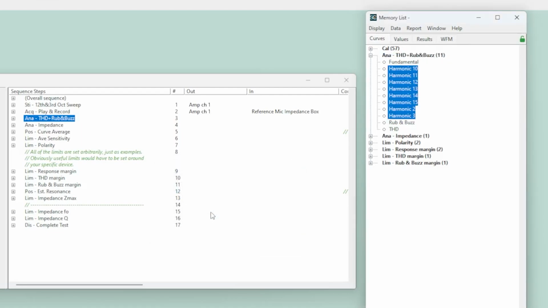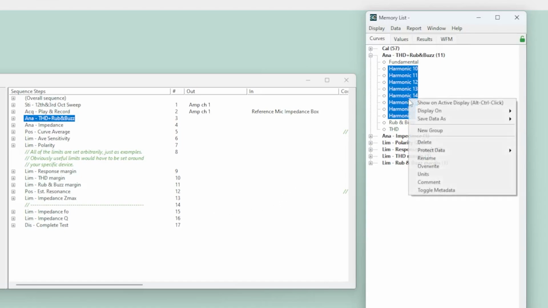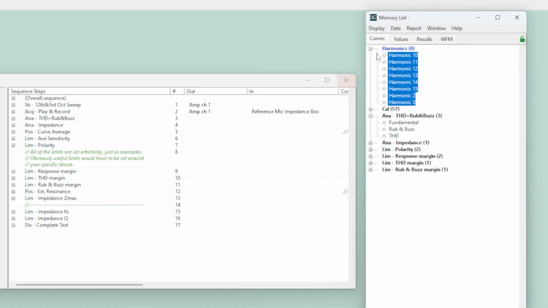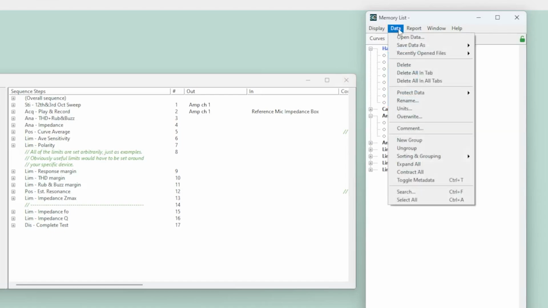You can also create custom groups, which are a great organization tool. Let's make a group with this selection. I'll select the items I want to group, right-click, and select New Group. You can also create a custom group from the Data drop-down menu and drag and drop or click to assign